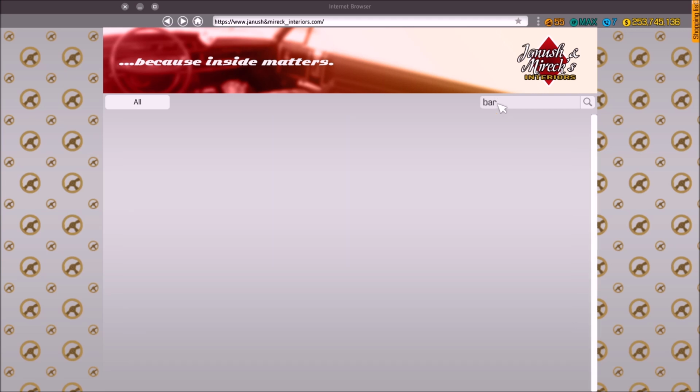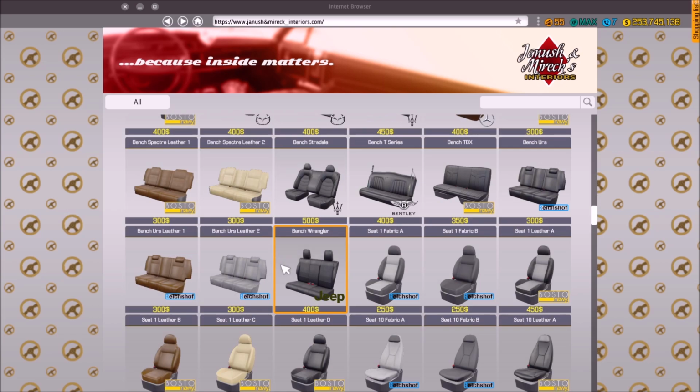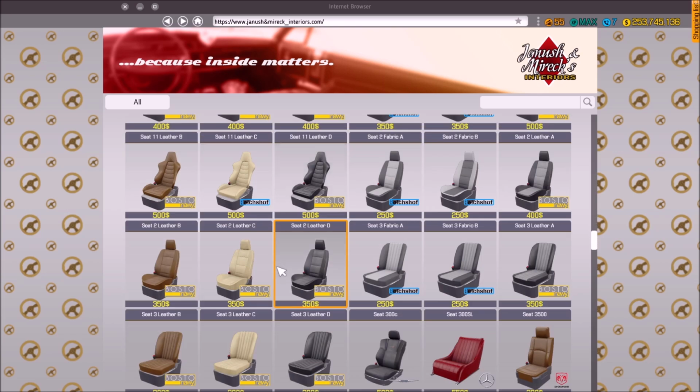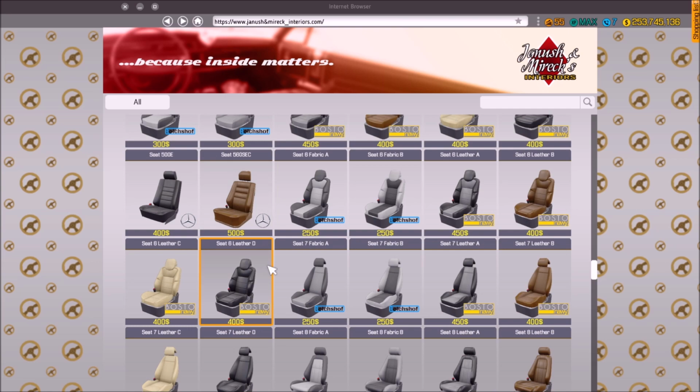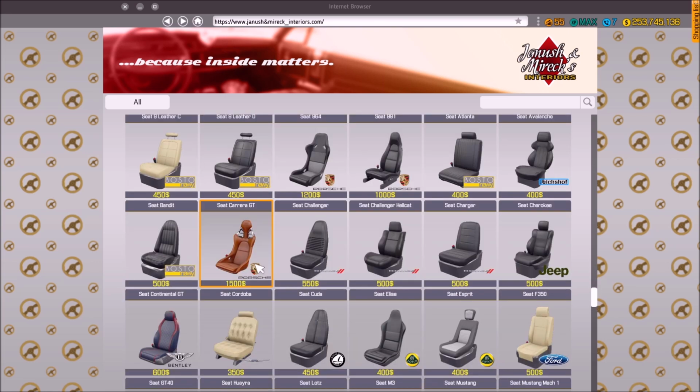It's a Barracuda. No, maybe not. Let's see what we can find in here. I believe they are Plymouth seats, so...